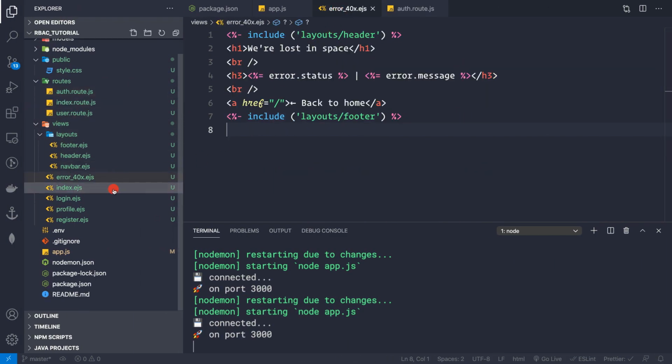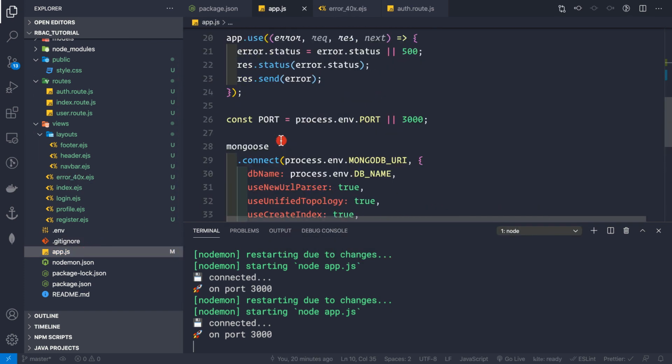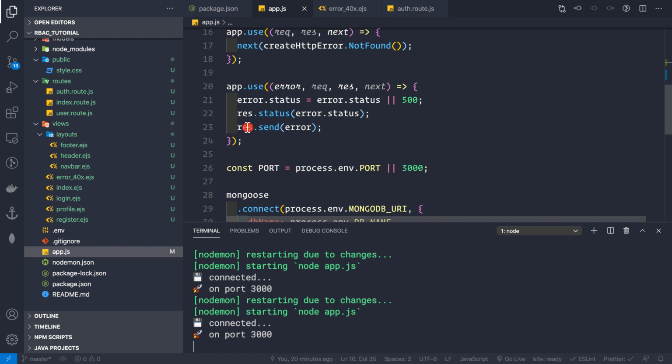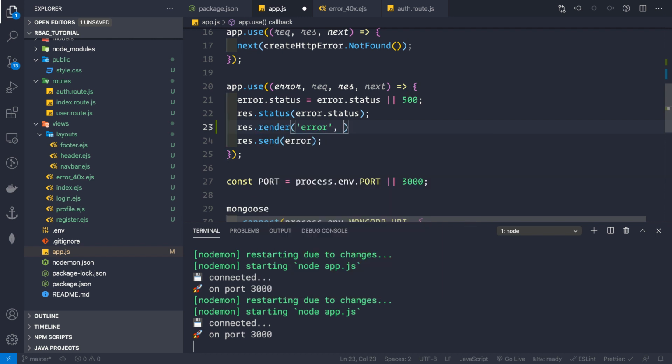So let's save this, go back, and let's render one more thing, that is this error_40x template inside our error handler. Let's go to the app.js file, to the very bottom where we have created our error handler. Instead of sending back the error directly, we can do res.render, and the name should be error_40x, like this.